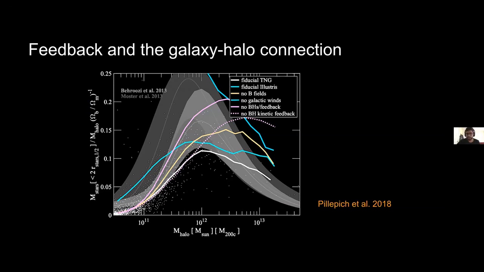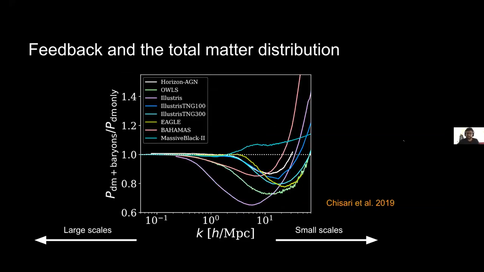And there are also variations in exactly how this feedback is implemented, whether it's just in a thermal mode or a kinetic mode. And of course, on smaller scales, maybe scales relevant to the Milky Way and galaxies smaller than that, it's the impact of galactic winds that play a very critical role in terms of how massive these things get. But black holes are interesting not only because they regulate how massive galaxies get in the most massive halos,